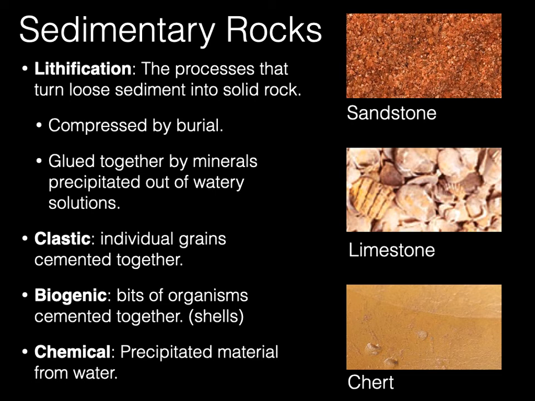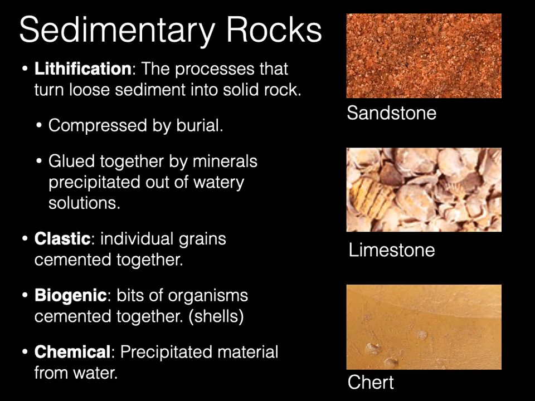Bio is life, right? So biogenic stuff is like coal, or even this limestone, this coquina limestone. It's a whole bunch of shells. If you look closely at this one, there's a whole bunch of shells in there. This came from Florida. So a lot of the rock in Florida is actually shells that have been compressed together. In fact, they grind that stuff up and make their roads out of it. It's kind of cool. Like you drive down Florida and you're like, that pavement's got shells in it.